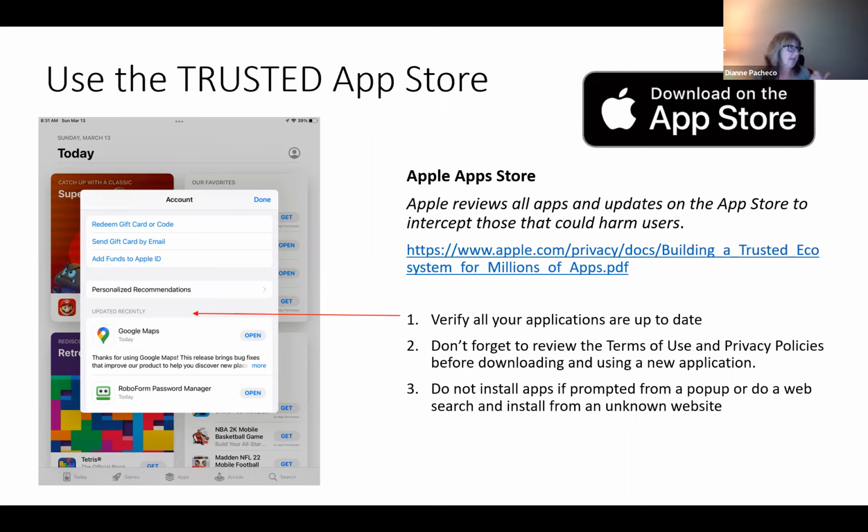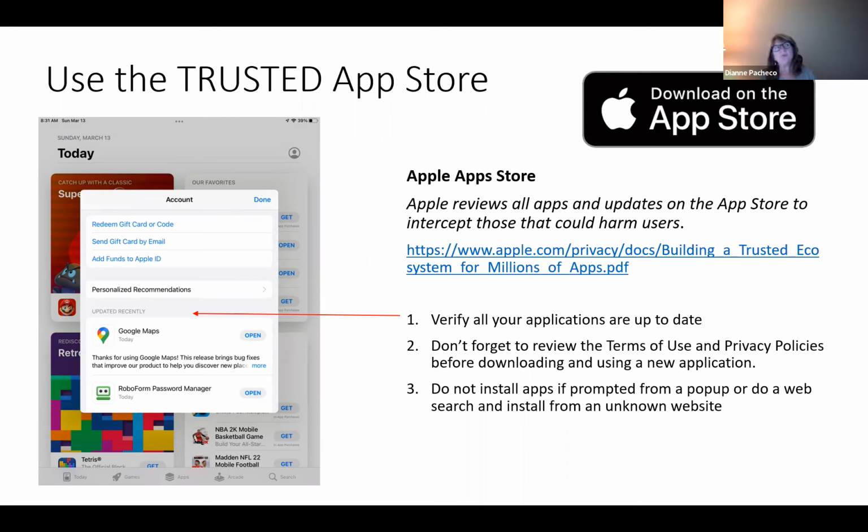So if you have an iPhone or an iPad, there is the Apple App Store. One of the things that's important about the Apple App Store is that Apple reviews all of the applications that are available on its App Store to make sure that they do not have malware as part of them or problems associated with it.